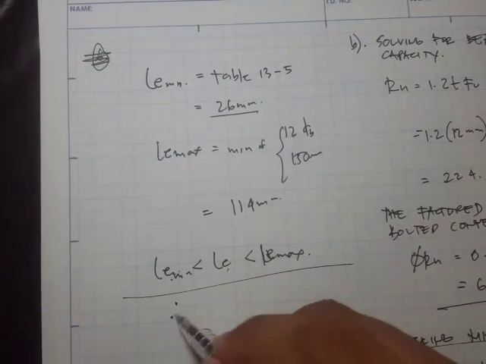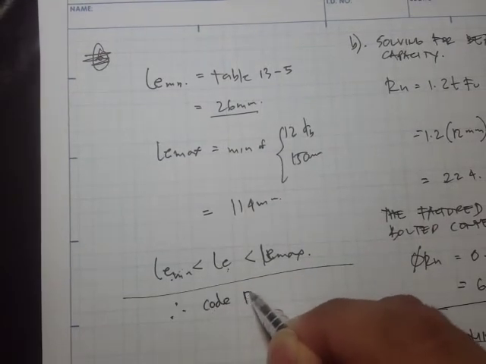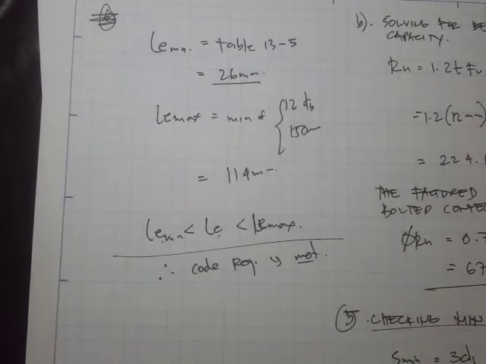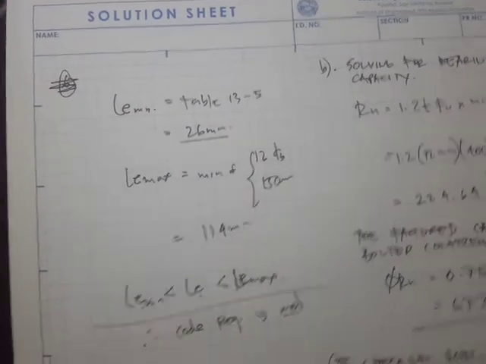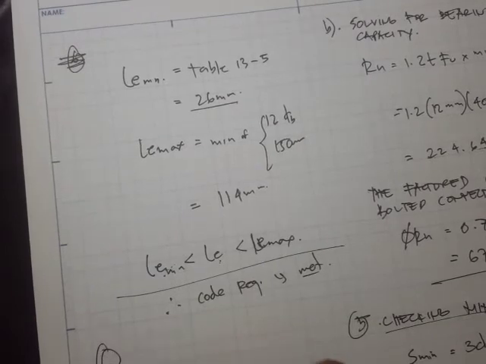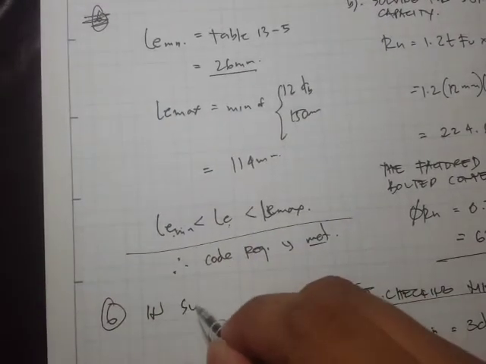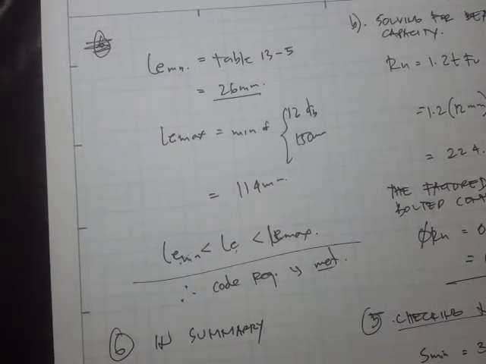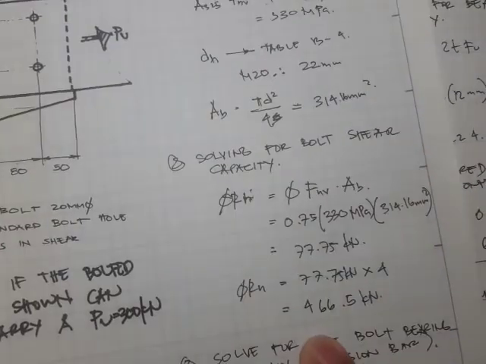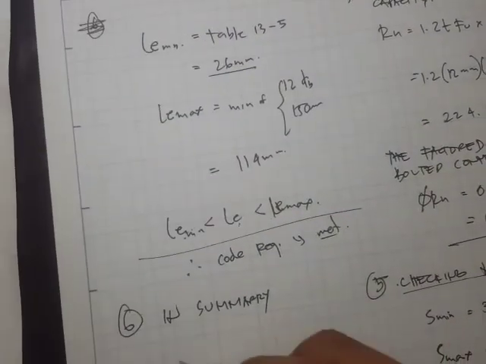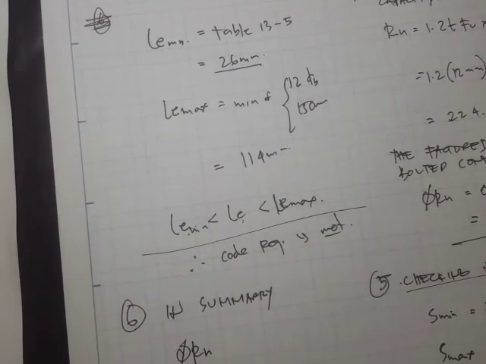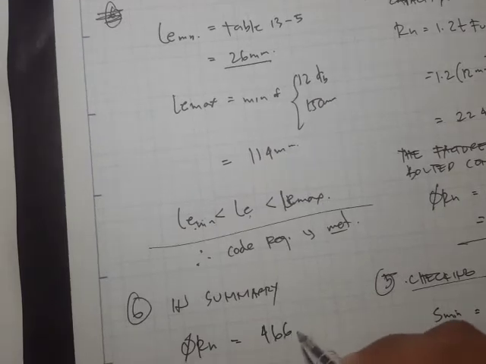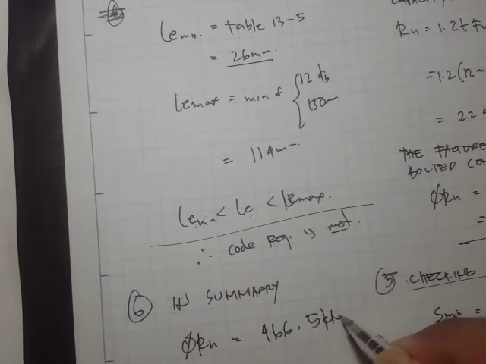Okay, so therefore code requirement is met. Okay, so now let's check the summary. So in summary, we have the shear strength of bolt, which is VRN equal to 466.5 kilonewtons,